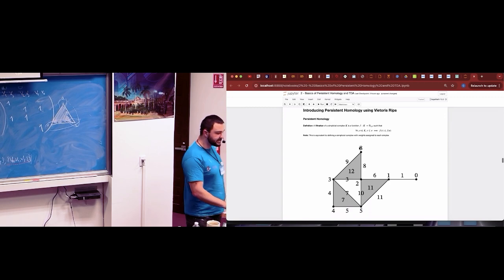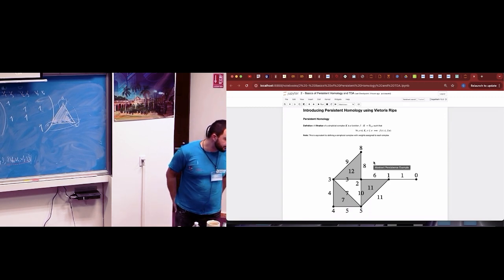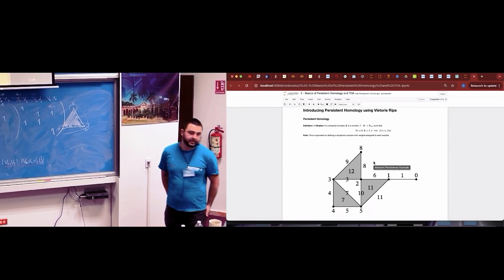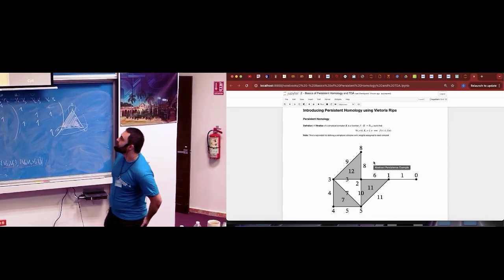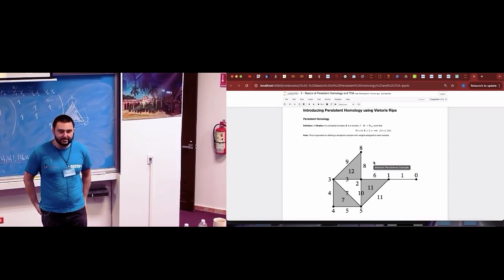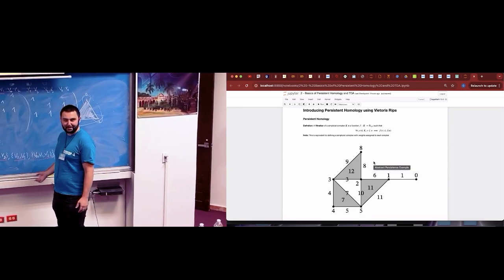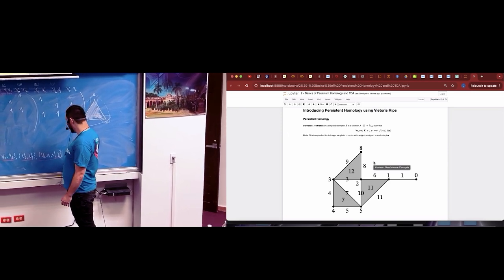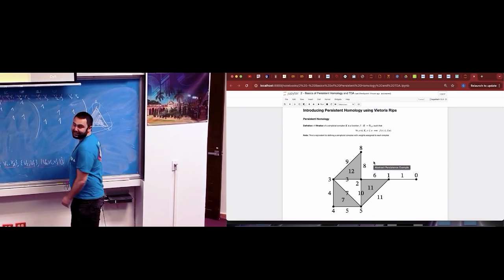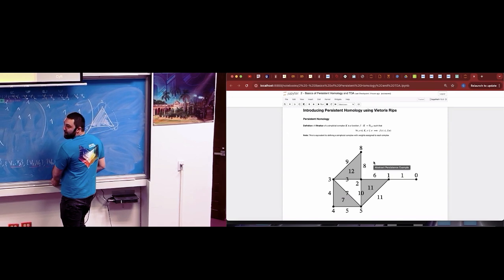So next we're introducing persistent homology. Now often people introduce it using Vietoris-Rips. I hate Vietoris-Rips. If you came to the GeoTop conference, I kind of insulted people by saying that Vietoris-Rips is not great. So sorry about that. I mean, I'm not wrong, but